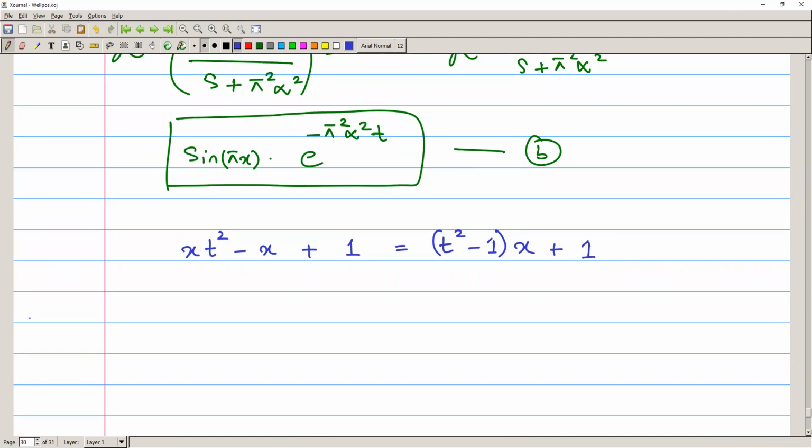So now u of x, t is equal to t squared minus 1 times x plus 1